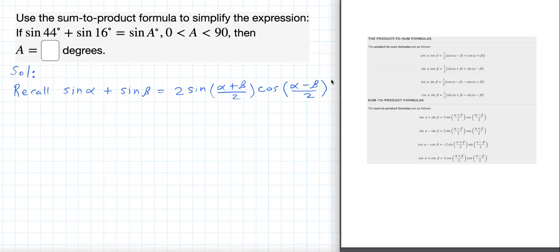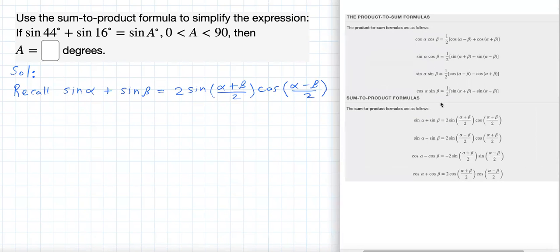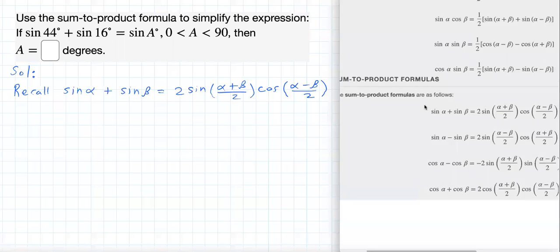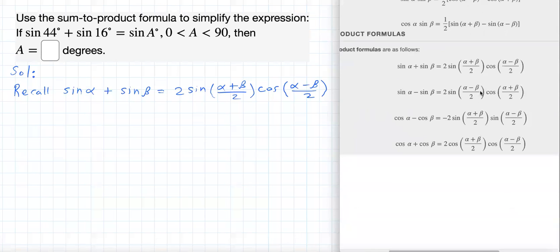Professor, where did you get the formula from? It's here in the sheet, right? Sum to product formulas, the first one. The first one. And you have access to this through our website. All right, great. So now,